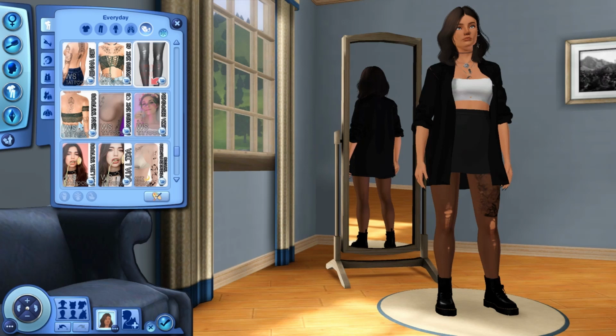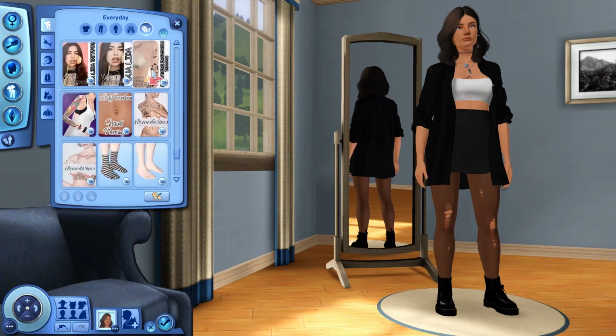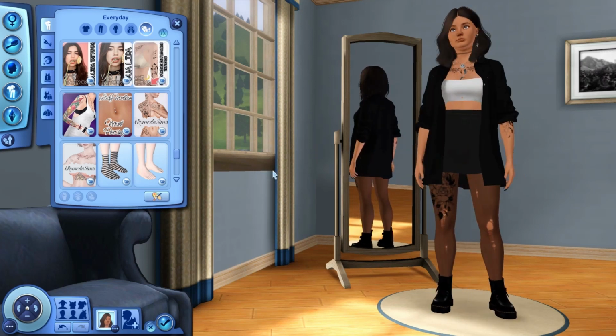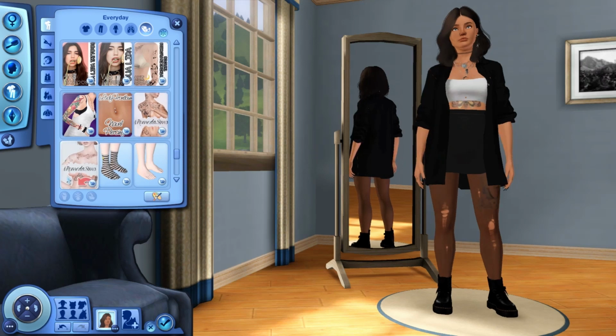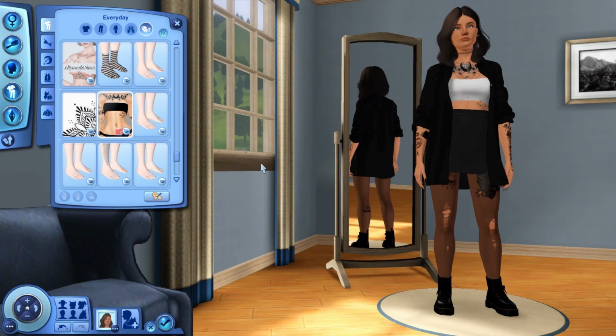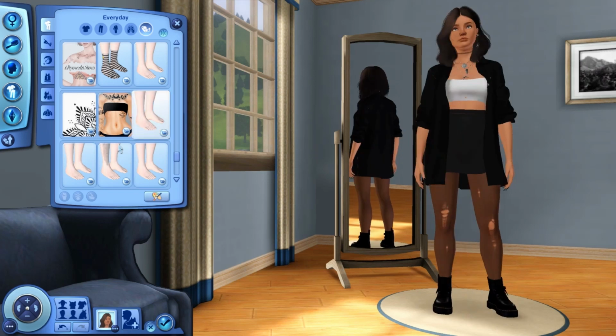So I go in and I test things out. I loved the thigh tattoos, but some of the other tattoos I don't know. So I go in and you'll see I mess around. But this one I really considered for a little bit, but I didn't end up going with it. I ended up going with these ones because I felt like that kind of fit the vibe, and I really like the moon chest piece at the collarbone shoulder area because it matches the necklace, so I felt like it was perfect.